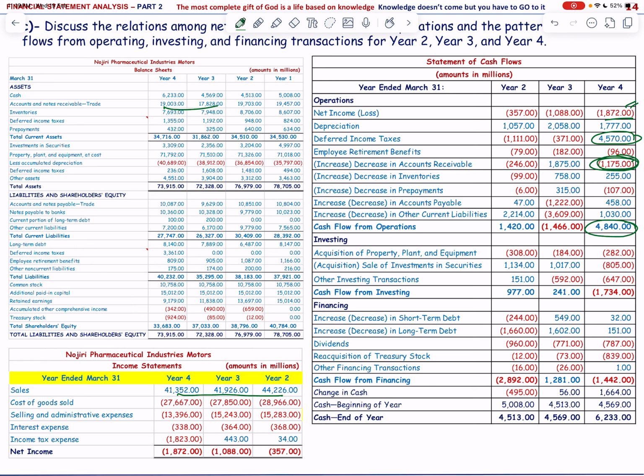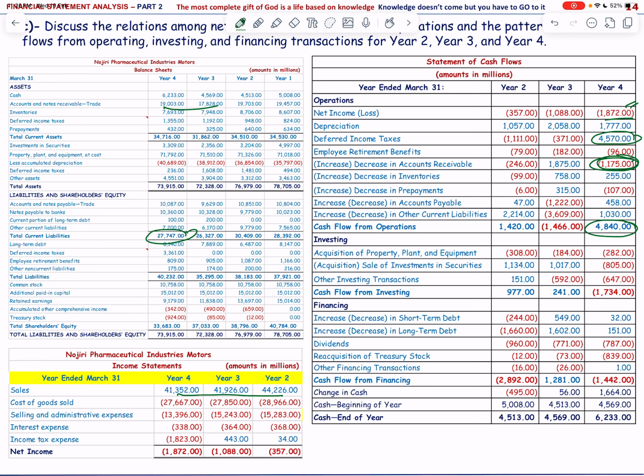In addition to that, if you look into the current liabilities for the year number 4, there is an increase, and they are using its positive operating cash flows to purchase investments in securities, as you can see,